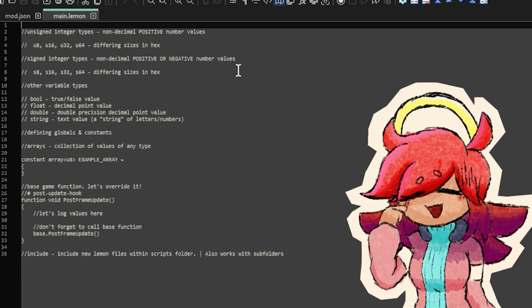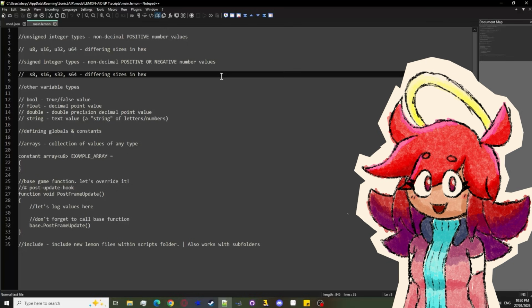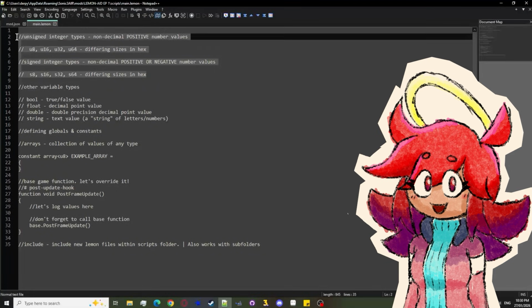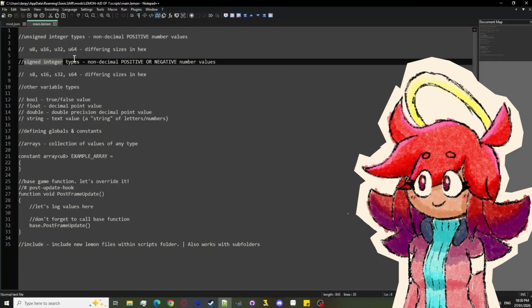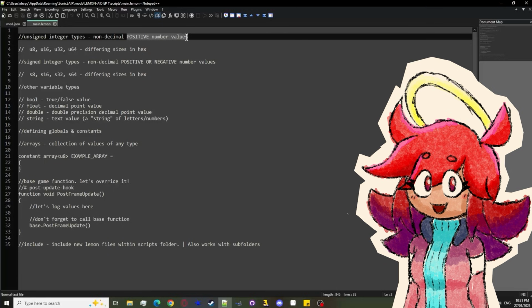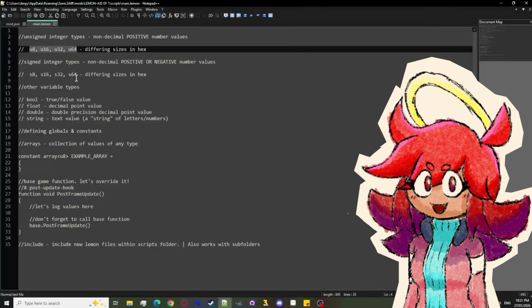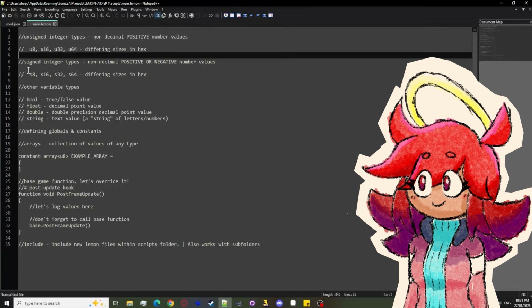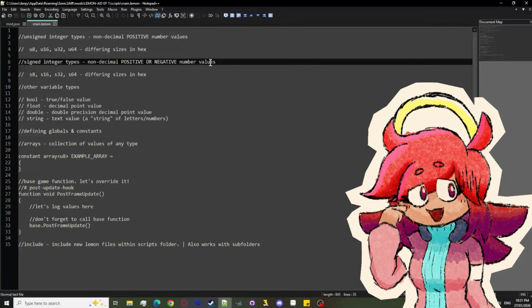learning about variable types. Starting us off with the most basic variable types, we have the integer values, specifically unsigned integers and signed integers. Unsigned integers are non-decimal positive number values. This means they cannot have decimal points at the end, and they also cannot go into negative values. The lowest value they can go to is 0, and the highest value depends on the size of unsigned integer you choose. Signed integer types are very much the same, except they can go to either positive or negative number